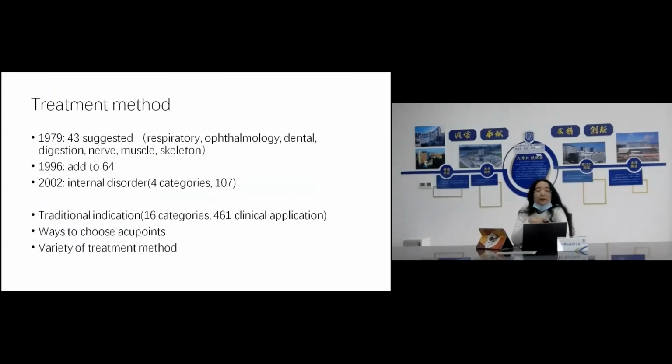First of all, according to WHO, in 1979, there are 43 diseases that are suggested to be treated with acupuncture. And in 1996, it was increased to 54. And in 2002,